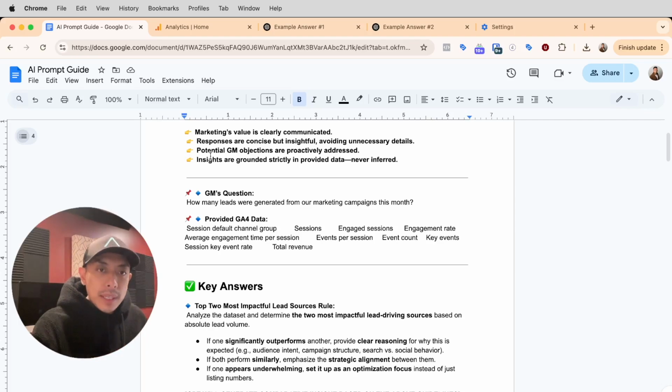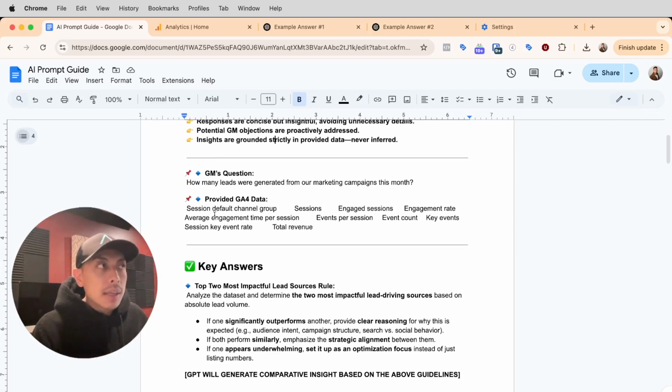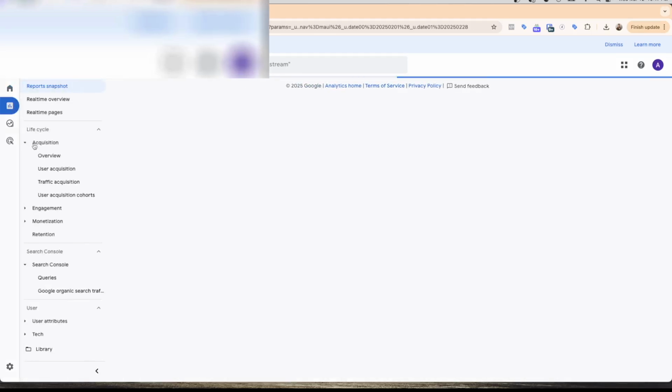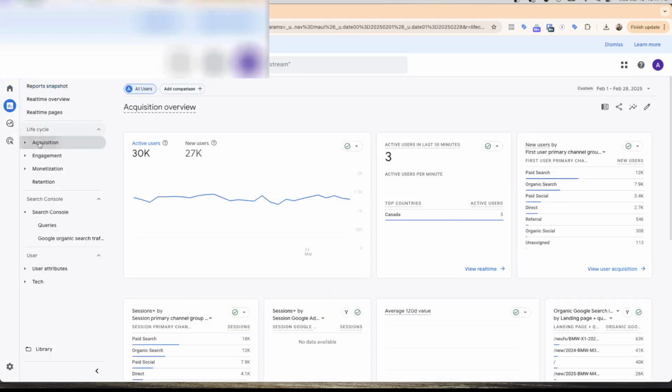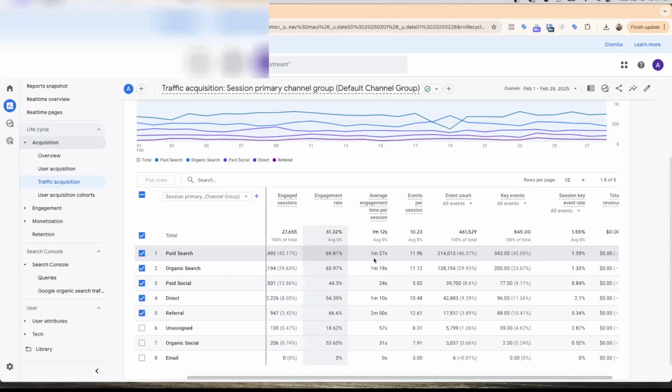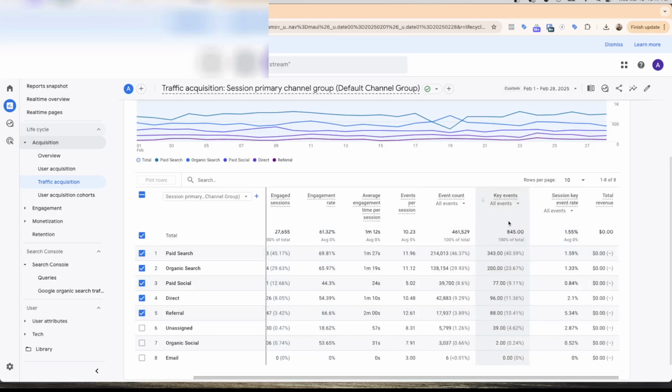Now, once we have those two pieces, all we need is the GA4 data. And fortunately, this GA4 data is very simple to get. If we hop into GA4, there is a ready-made report we can download under Reports on the left-hand side here, and Acquisition, Traffic Acquisition. So this is a simple report that has everything we need, which includes this column right here, key events. So for this example, we are already collecting lead form submissions from the website using Google Tag Manager, sending that data to this GA4 account,